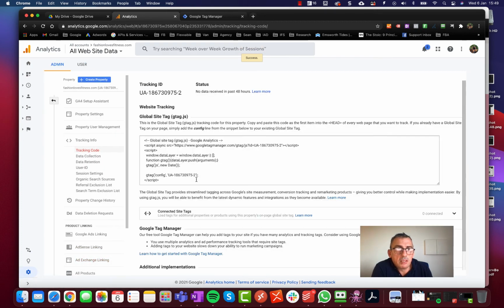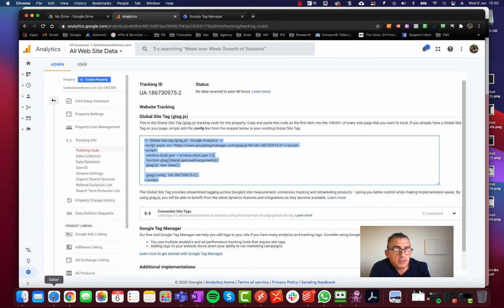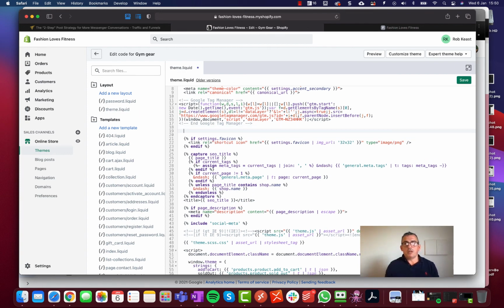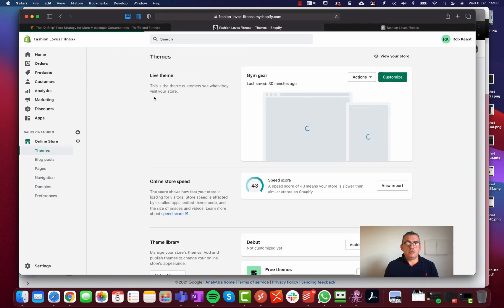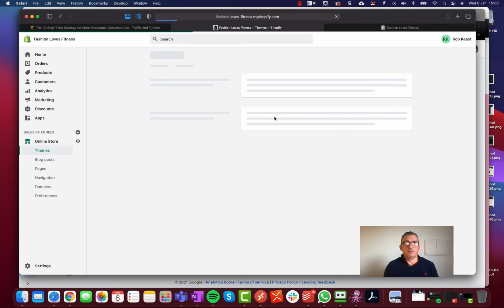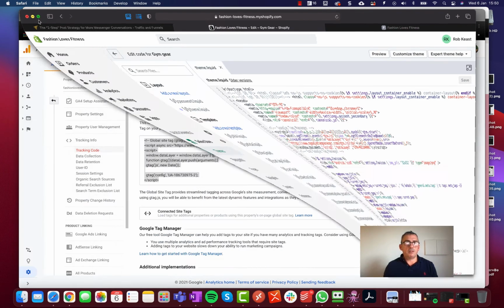And then what it does is it gives me this code now, that if I was installing this on the website, I'd have to copy this code and go into here and sort of shove it somewhere in here, and I hope it didn't break anything. I'm just going to go back so it doesn't save that little change. Edit code. Yeah, it's okay. It's still got that Google Tag Manager code. This is why I don't like doing that.